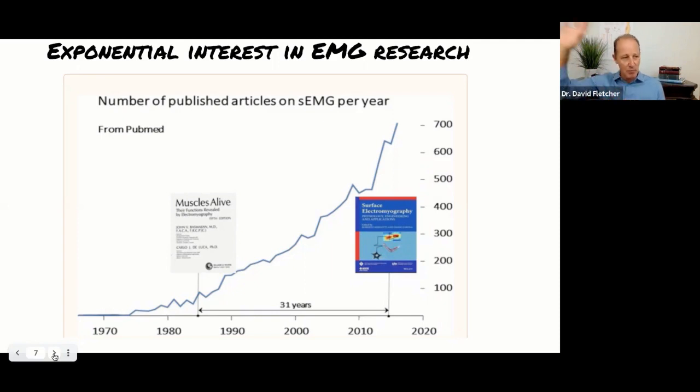You might have been focused more on, for instance, HRV or things that were more of the autonomic system. But I need you to understand that when we began this journey, about where you see the first part, which is about the 1980s, 1990s in the CLA side of things, look at the exponential growth of papers that are published each year on surface electromyography. And this is so critically important.